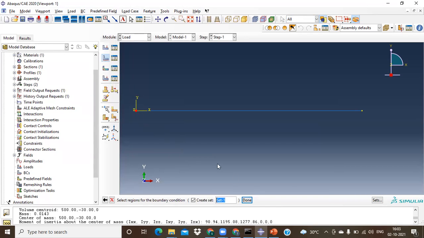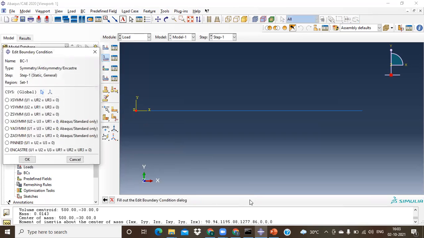If you pick a point over here and give done, it may ask which degrees of freedom you need to arrest. It's a 3D space that you are solving, right? So you arrest all 6 degrees of freedom, or you would like to arrest in X symmetry, Y symmetry, Z symmetry, X axis symmetry, Y axis symmetry, or Z axis symmetry. Which one do you want? It's a pin or an encastre. I'd like to arrest all the degrees of freedom, which is already set. So I'll click on U1, U2, U3, UR1, UR2, UR3.